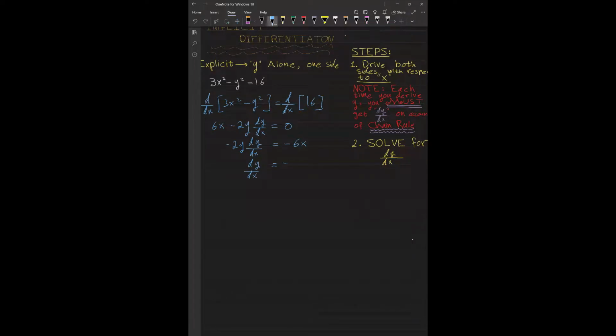That gives me negative 6x over negative 2y, which equals 3x over y. Now, did you get positive 3x over y? If you did, that's great. Now, unfortunately, this is not the question I'm asking for. The question I'm asking for is